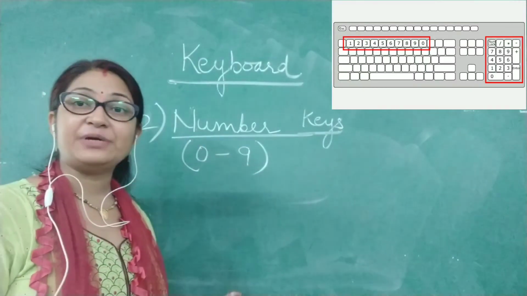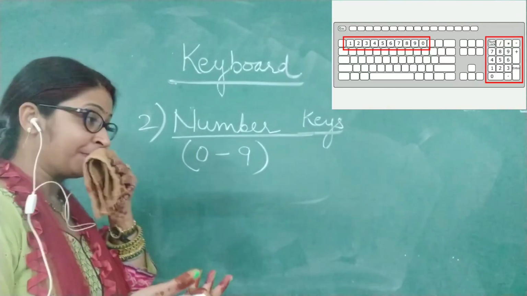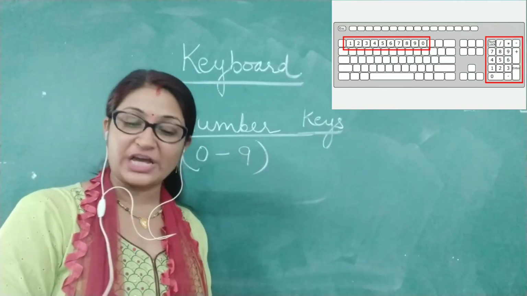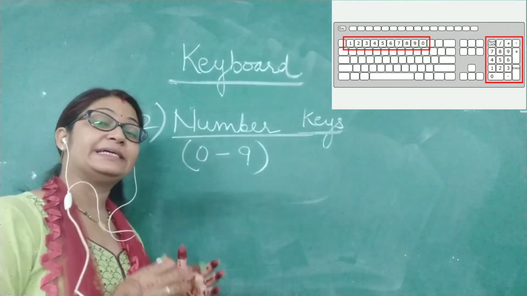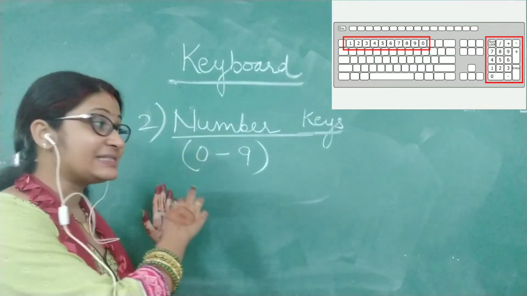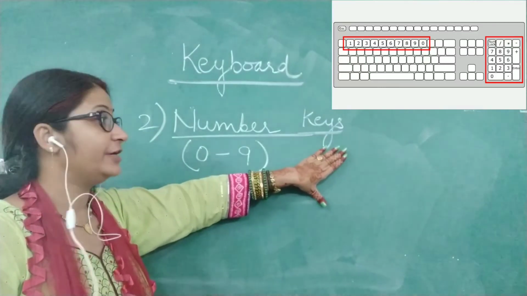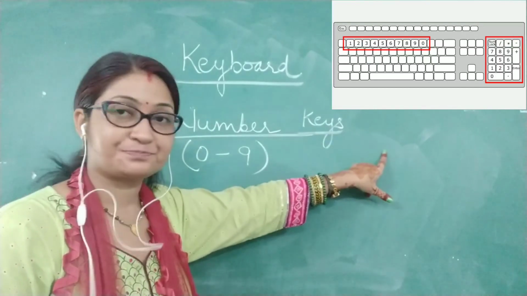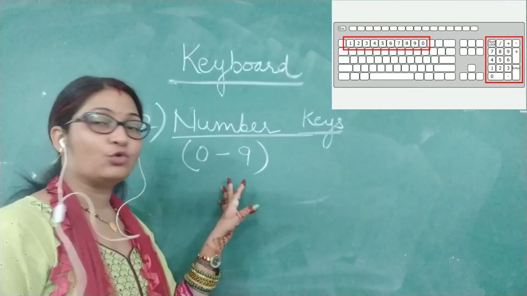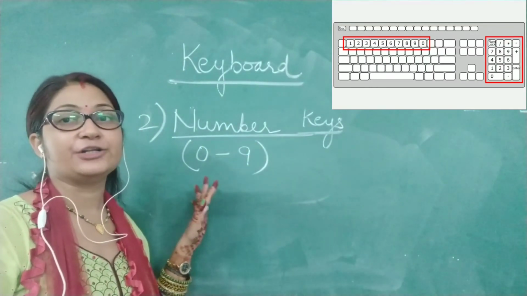Other numbers can be easily formed by combining these numbers. Like if you have to type 11, suppose. So, how can you type 11? By pressing the key 1 twice. Two times you press key 1, you will get 11. So the 0 to 9 are the number keys, and as you can see here on the keyboard, they are present at 2 different places. One is here at the top and the other at the side. So you find these number keys at 2 places on the keyboard, and these are used to type the numbers.